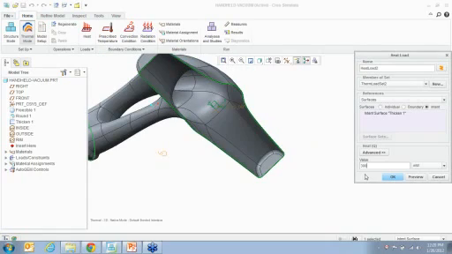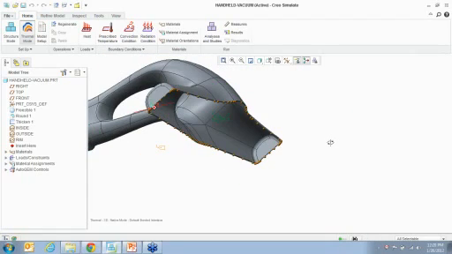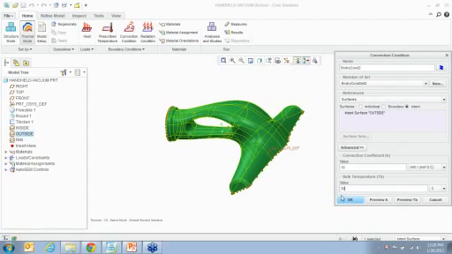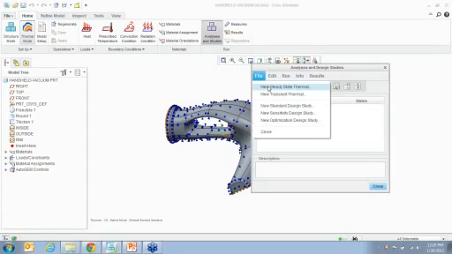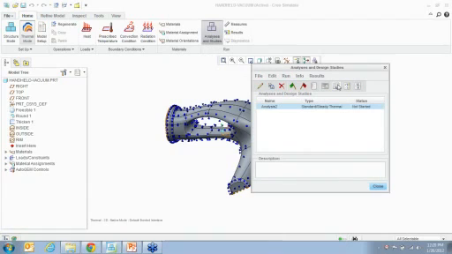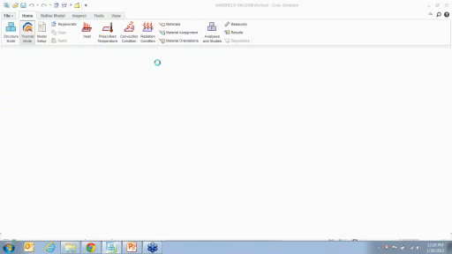Right? Then I also want to put a convection condition where I pick the outside surface and say the convection coefficient is 10, the bulk temperature is 30 degrees, and you can run a regular analysis. Say go here, run a steady state analysis,